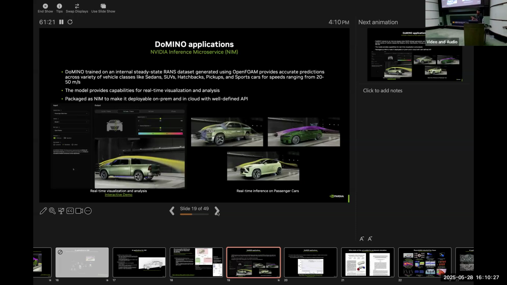And so we had a bunch of unseen geometries from these classes, and we tried it on that, and it does a good job. Of course, this is not going to work on a completely unseen geometry like a semi or something. It will predict something, but chances are that the accuracy is going to be very low. But since we trained it on a variety of different passenger cars, we have good confidence that given any different passenger car, this is going to perform well. And based on the test geometries that we have tried, it does a good job there.